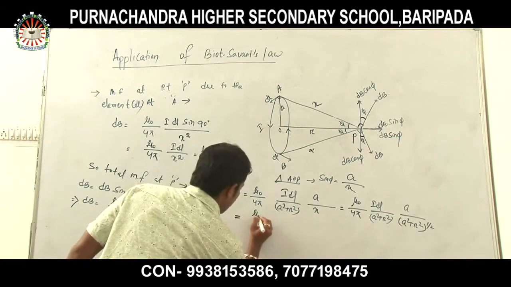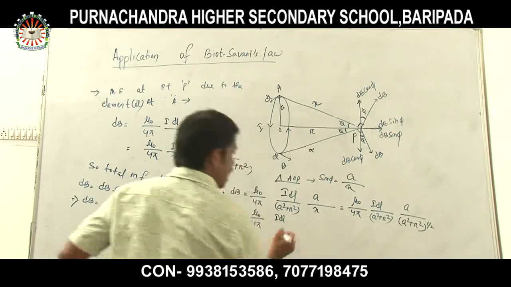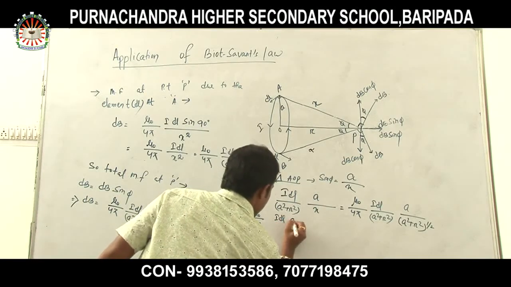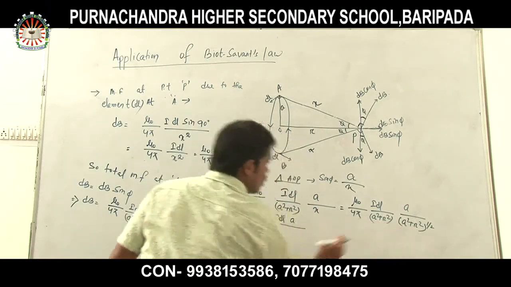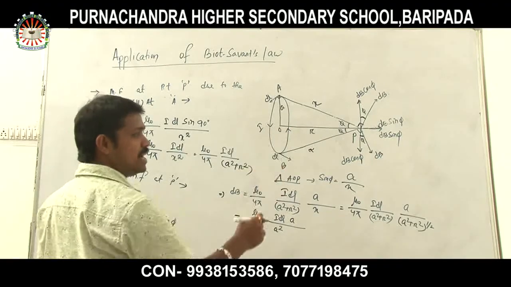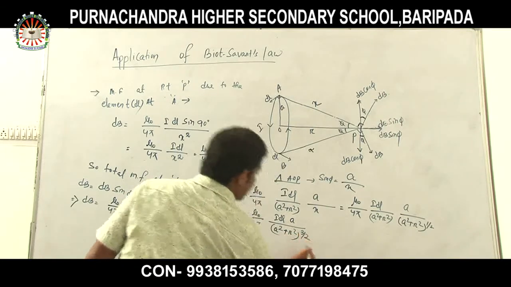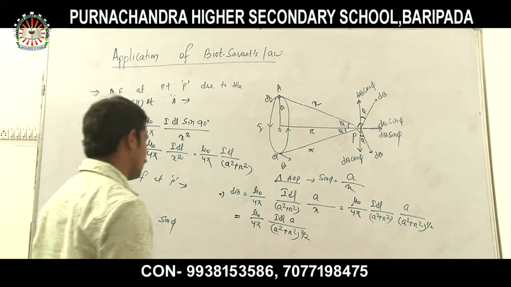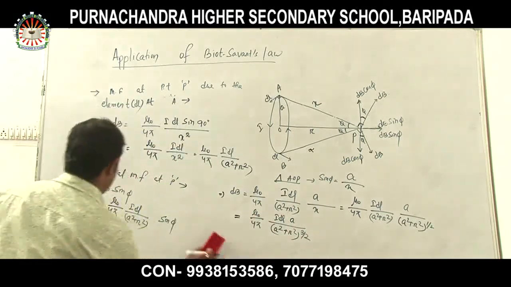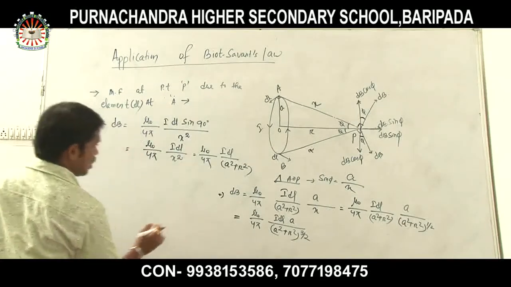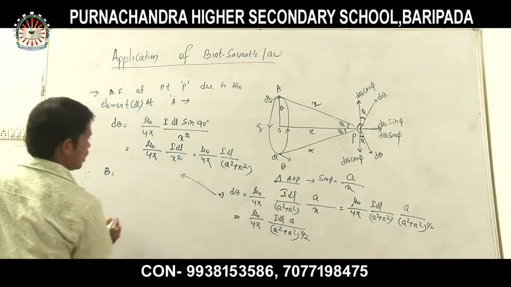Okay. So now mu 0 divided by 4 pi, I dl, a divided by, so how much is it? I have to multiply these two, a square plus r square and a square plus r square to the power 1 by 2. So that is your a square plus r square to the power 3 by 2. Understood all of you? Okay, now I have to perform the next step. So let us mention here. So now that implies B. So come here.